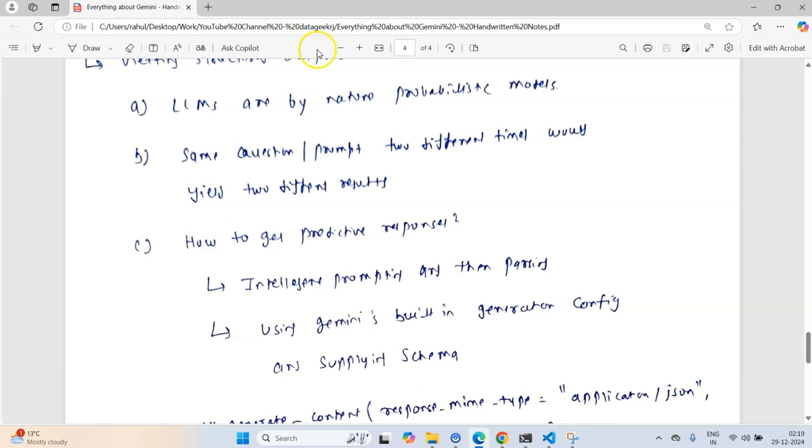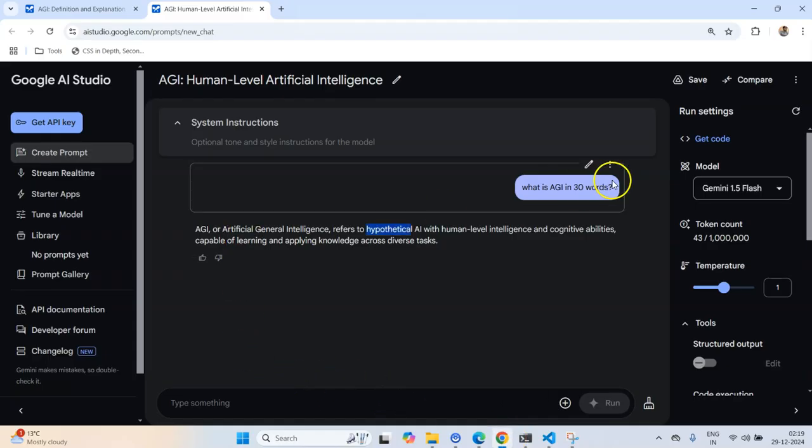There are two different methods of achieving this. First one is intelligent prompting. Within this prompt, I'm doing something very clever. I'm telling the model that you have to respond in 30 words. So I have done this intelligent prompting, where I am informing Gemini to respond in 30 words.